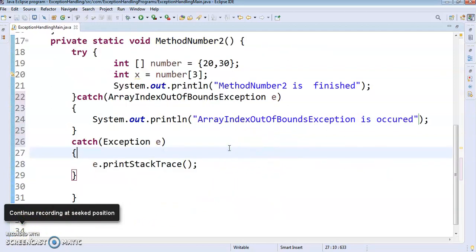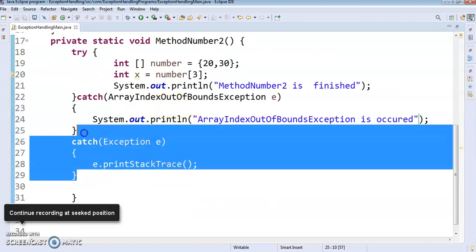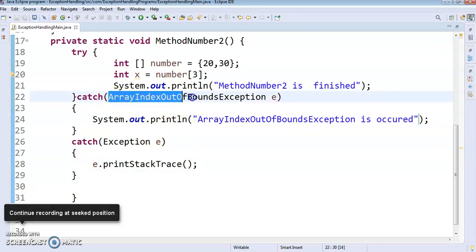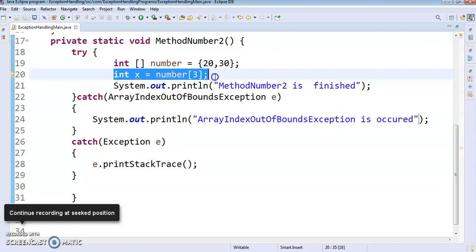Okay, now suppose I execute, now what happened? Now this general exception is not going to execute because you have already given the specific one, ArrayIndexOutOfBoundsException. Whatever exception is produced, if it is there in your catch block, then it will match with this particular exception and it will execute only that one.